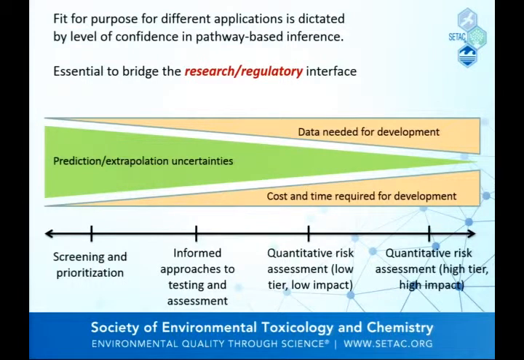Okay? So that's going to be followed up with additional testing. If I get it wrong, the consequences aren't too horrible. So I can tolerate greater uncertainty in that prediction. I might just base it on an AOP that's little more than a hypothesis. It's better than nothing in terms of directing my efforts. If I want to get into quantitative risk assessment, I want to say under this particular exposure scenario, what's the actual probability that I'm going to see this adverse outcome?